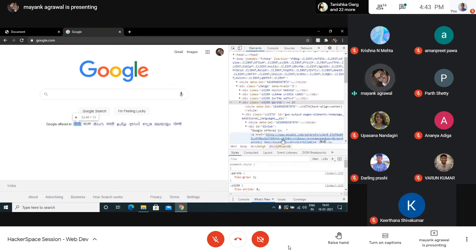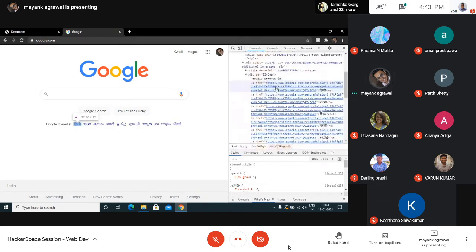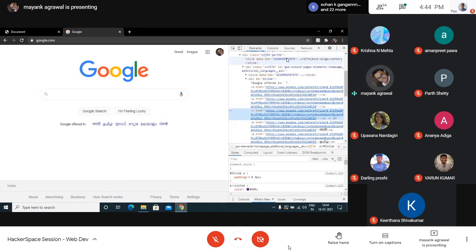So say the Hindi is written over here, right? Instead, I could just remove it and press enter. You can see that it got removed from here as well. And similarly, I can remove anything, whatever I want. I can just mess with it however I want to.